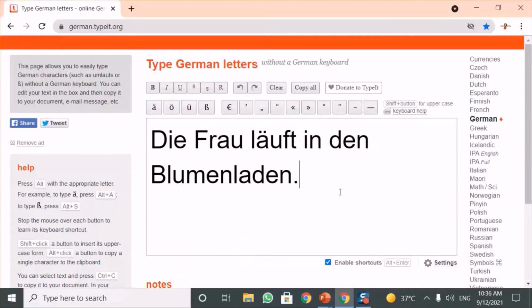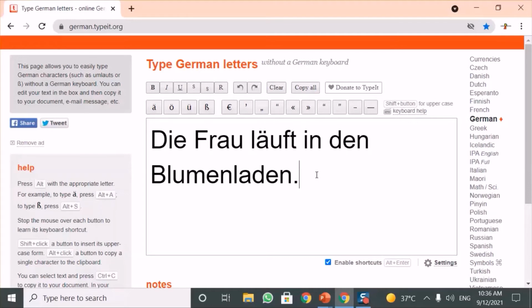So if we take the example that this woman in the flower shop is very busy with the customers, she could be running here and there in the flower shop to give the customers their orders. So if she's moving in the flower shop,